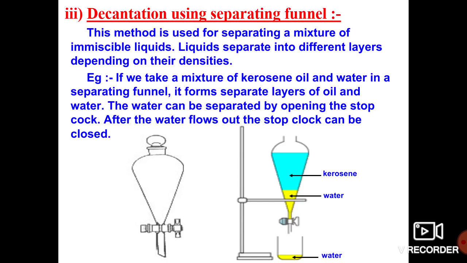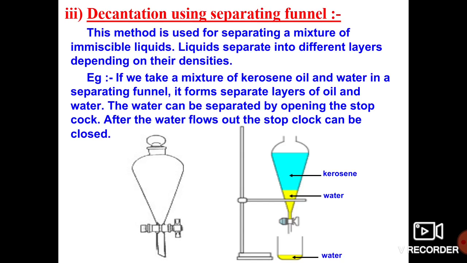For example, how can we easily separate a mixture of oil and water? Generally we can't differentiate or separate oil and water just like that. Students, have you observed that when oil and water are mixed, the water settles at the bottom of the glass container and the oil floats on the water? Why? Because water has more density as compared to oil.